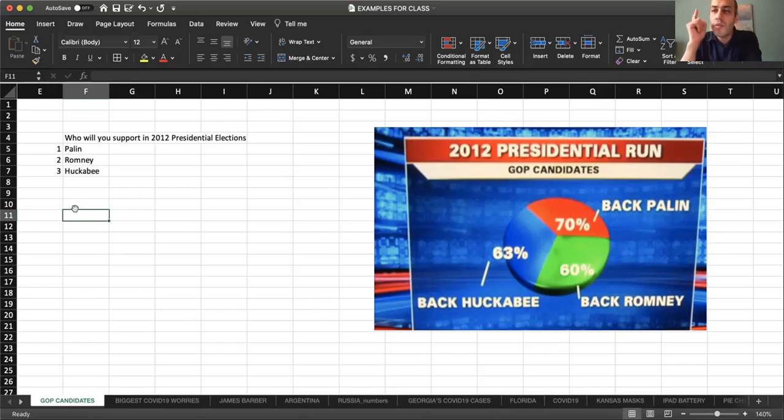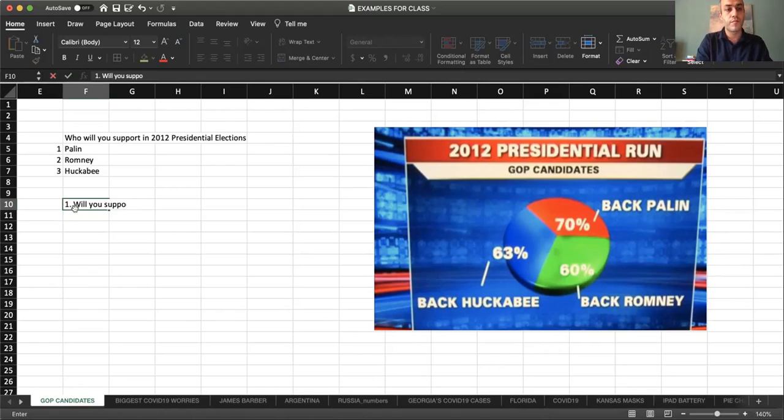Nominal is nominal. The only thing you can do to save the research is to convert the nominal variable to a series of dummy variables, dichotomous variables. What were the dichotomous variables? 0, 1, yes or no questions. And this is actually very important to understand. Instead of asking who will you support in the 2012 presidential elections, you can ask three questions. Question number one, will you support Palin? And the answers can be, let me write like this, yes or no. And then the second question can be, will you support